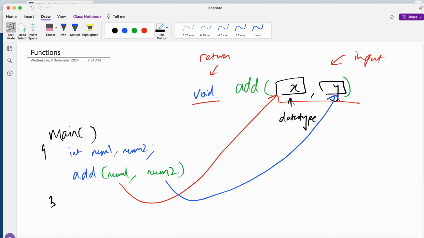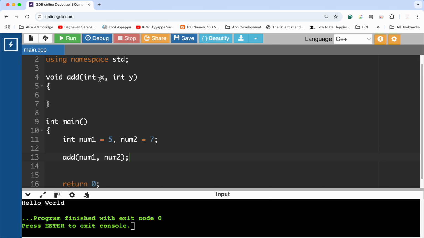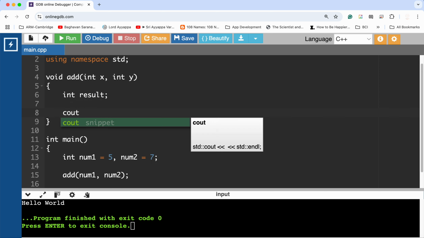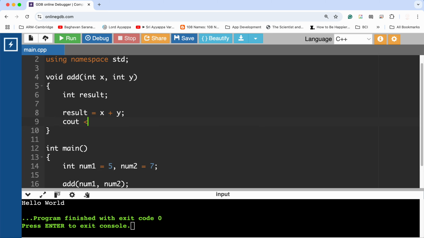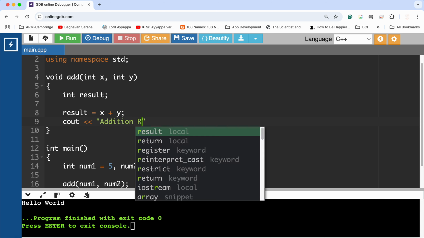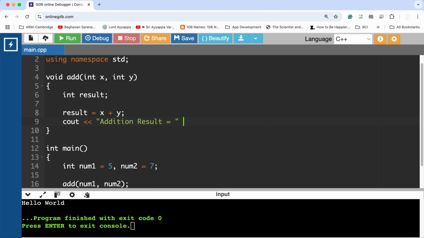Okay, so num1 will go to x, and num2 will go to y. And what do I want to do in this add function? I just want to compute the addition of x and y and print out the result. So I can say integer result, and I'm just going to compute the result here. Result equals x plus y, and cout "addition result equals to",